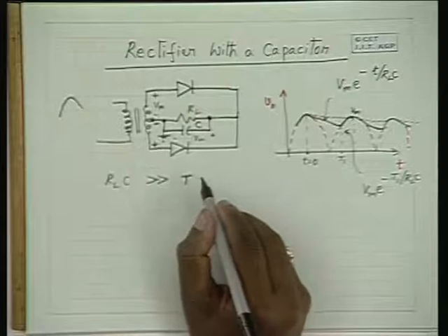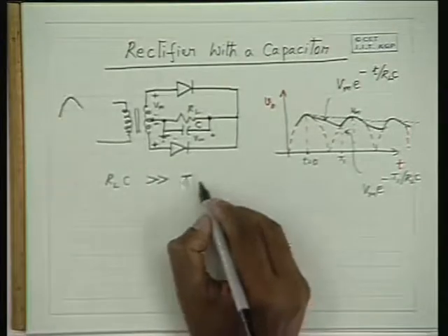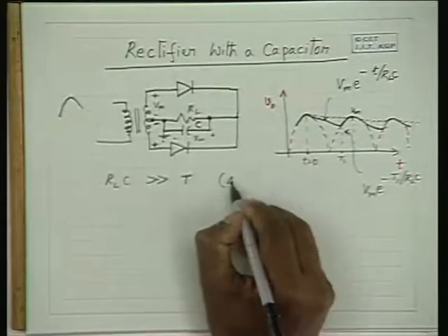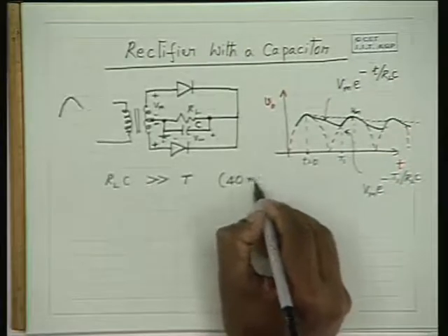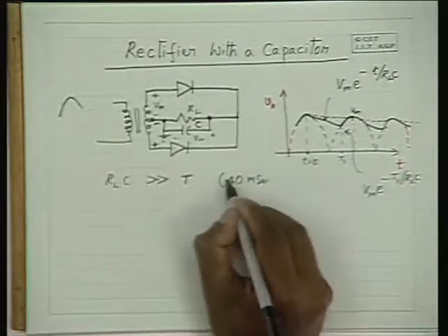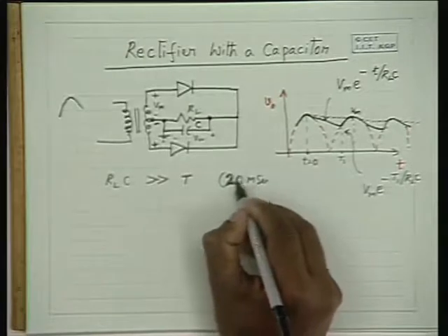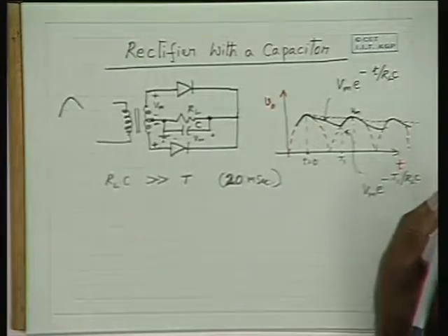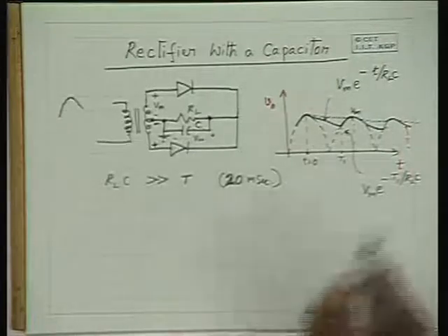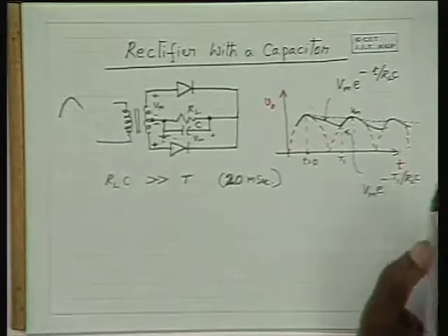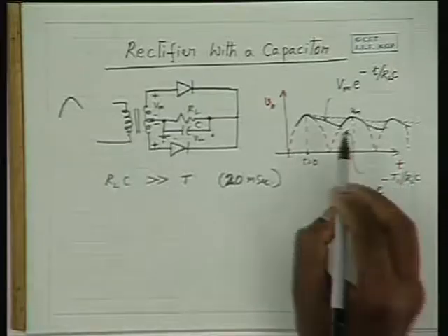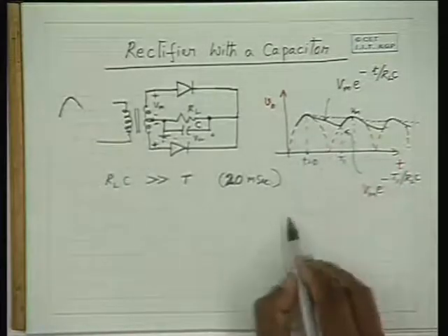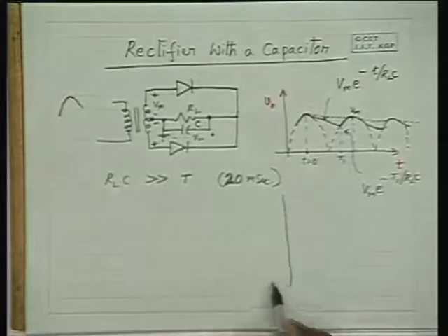The time period of 50 hertz is 40 milliseconds. I'm sorry, it is 20 milliseconds. If RLC is much larger than the time period of the input sine wave, you can approximate